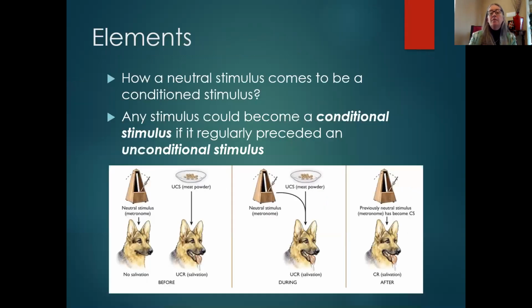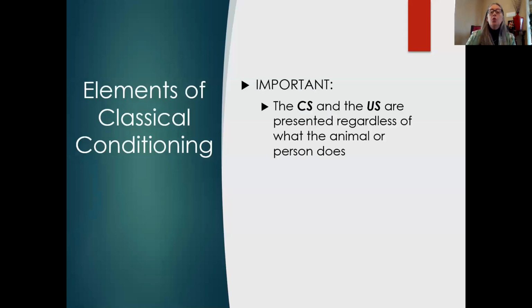Okay. How does a neutral stimulus come to be a conditioned stimulus? Any stimulus can become a conditioned stimulus if it's regularly paired with the unconditioned stimulus. And we're going to talk in video 2 about how important those pairings are, what we call the pairings, what the different ways are that you can pair them together, and which ones work better than which ones don't. One thing that's really important is that we do not call it classical conditioning, or we don't call it Pavlovian conditioning